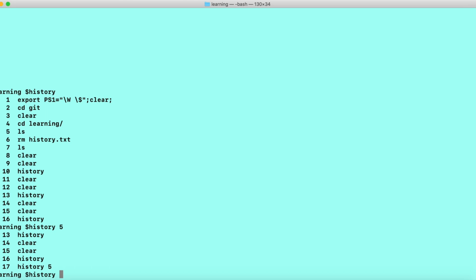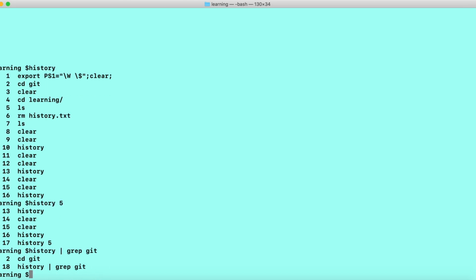So history, exclamation sign, and then you have to write grep, regular expression, and then let's say git, a list of all git. So all the commands which have git should be displayed here. So you can see we have only 2 commands, cd git and the last command which we had executed.